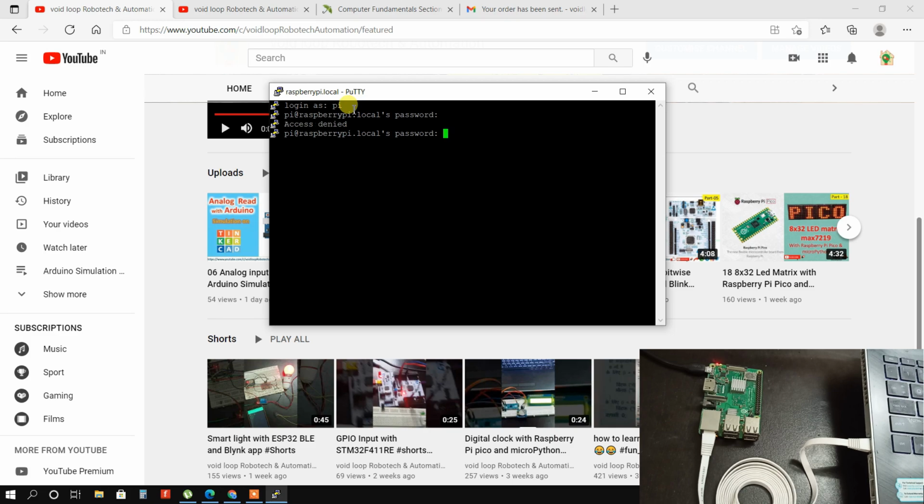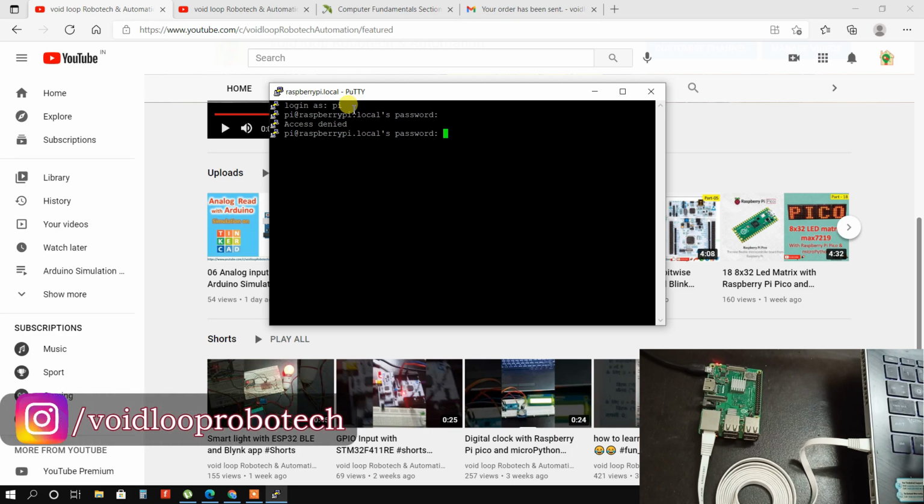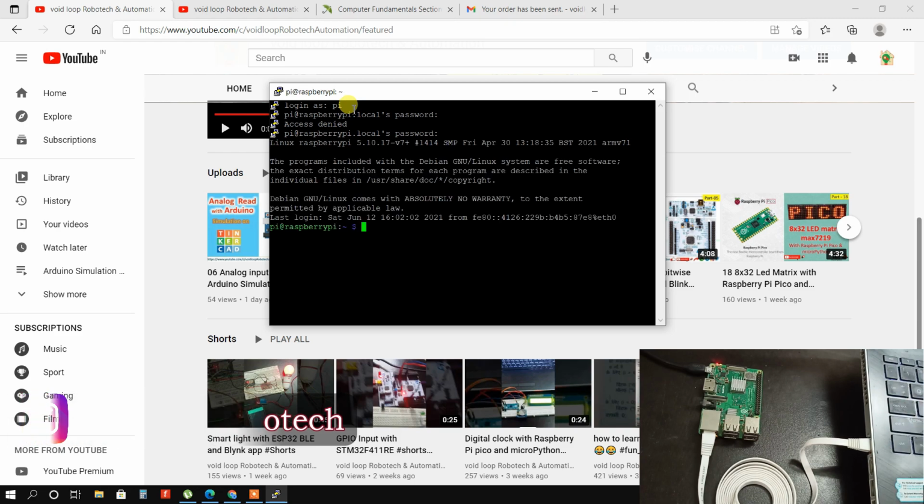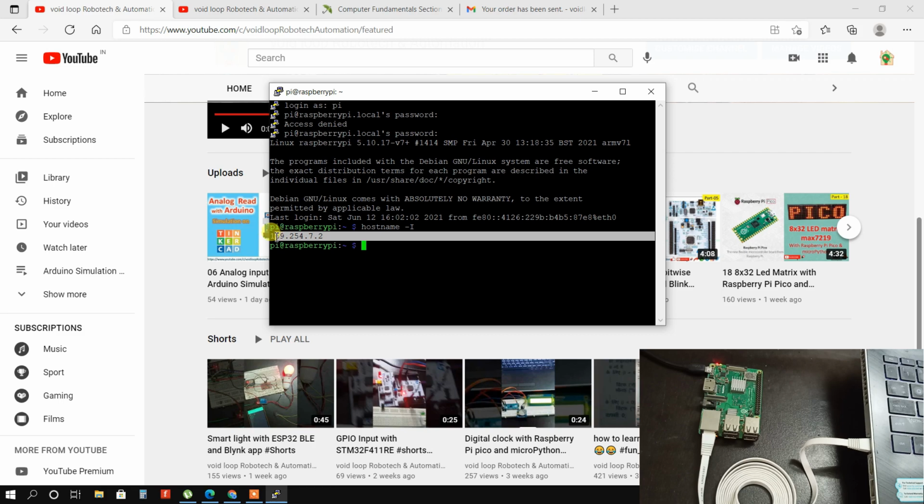Okay, I think wrong password, so I will enter again. Okay, so we need IP address, so I will type here hostname -I. Okay, this is IP address. I will copy this